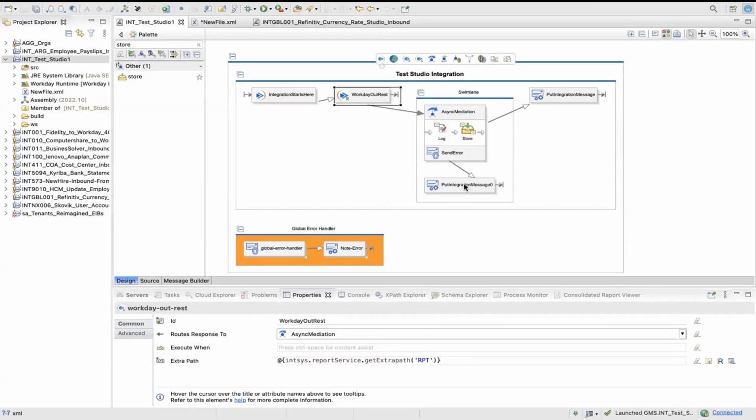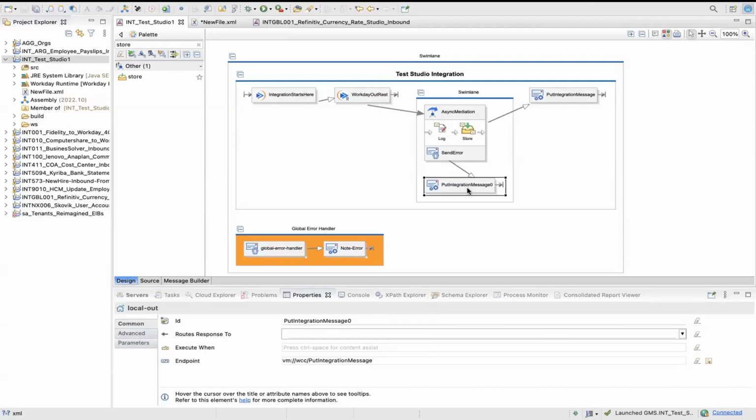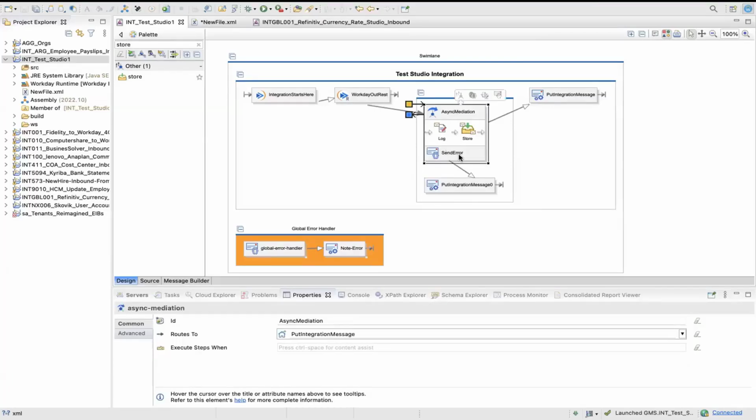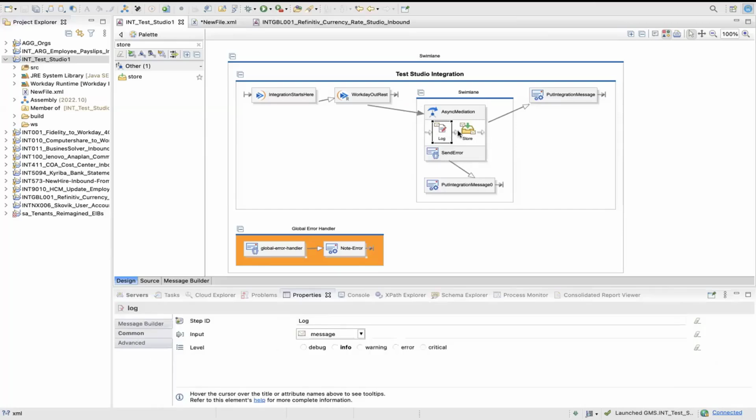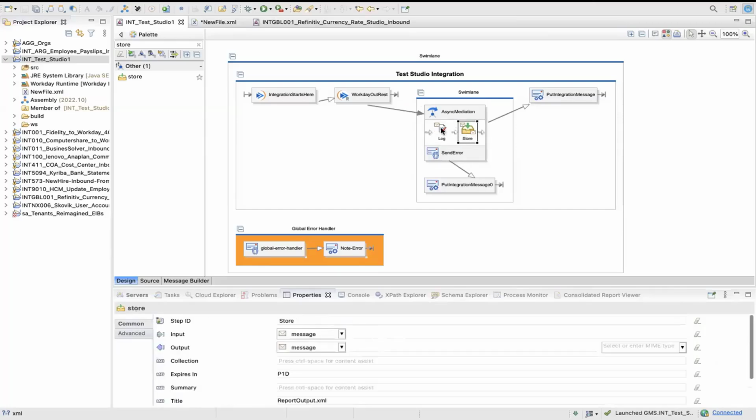So this one was covered in the last class. Okay, it is error handling. Every async mediation will have a sender component. If there is any error in any of these two components, other than the message going backward to the global error handler, it will get caught here.